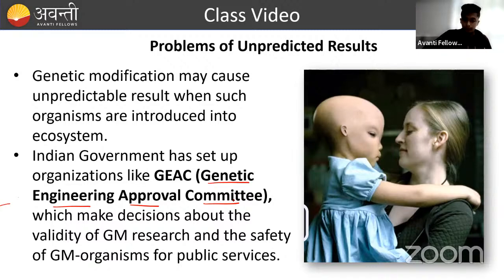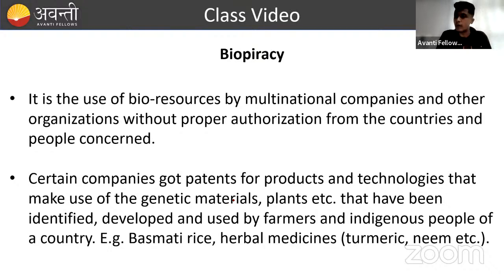Okay, so these genetically modified organisms are quite dangerous. For example, you might end up creating a bioweapon, or you might end up creating some plants or some fishes or some microorganisms that can be unstoppable in our natural environment. So that is why these bodies will prevent the unethical use of these genetic engineering tools for selfish needs. Okay, next one is biopiracy.